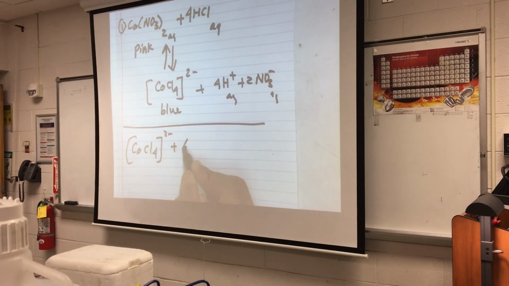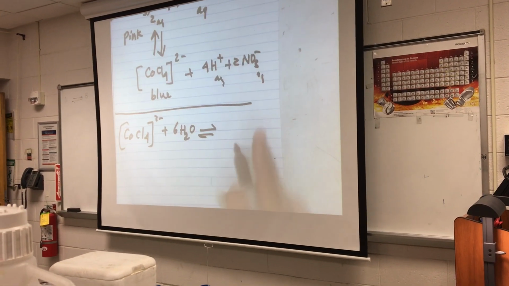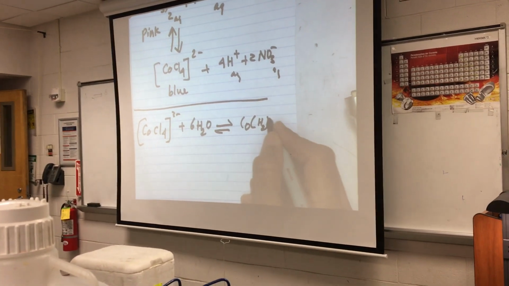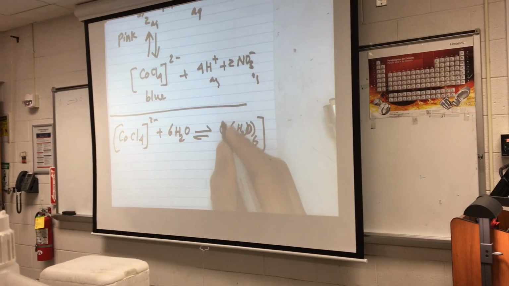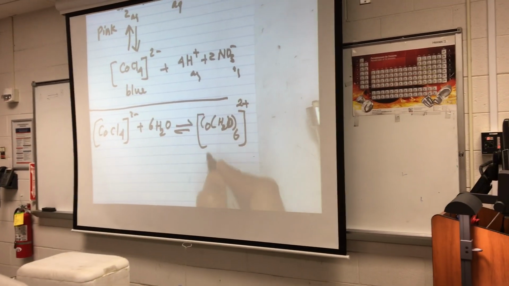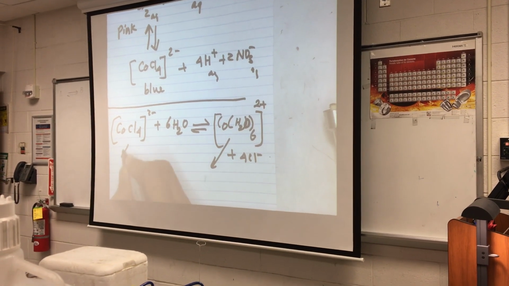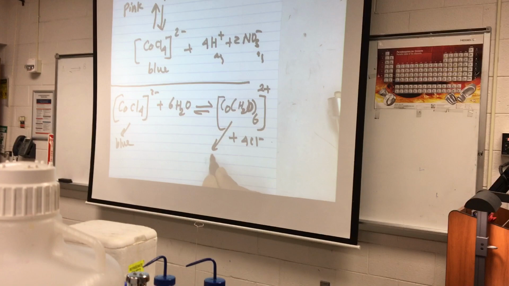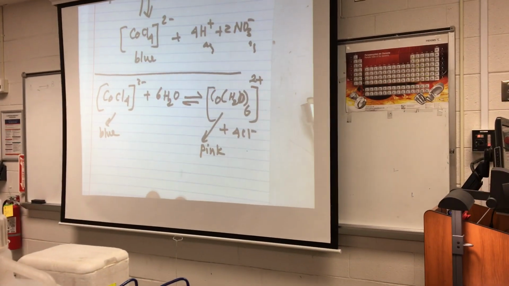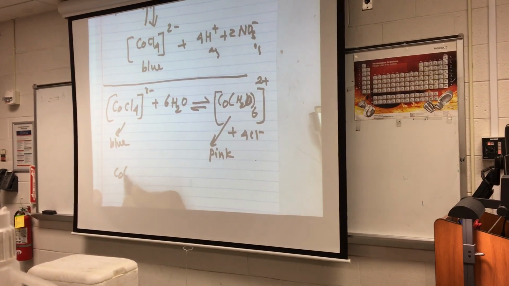We add to it 6 H2O, and this is correct. This is 2 plus. It's 4Cl minus, and this is blue. This is pink, correct? Now we took the blue, added H2O to it. This is a pink. Now if I take this pink here,